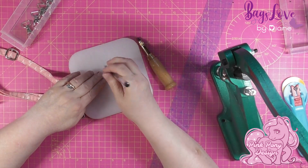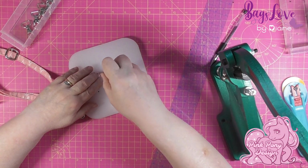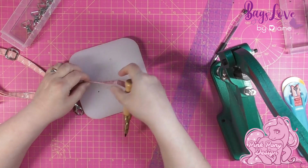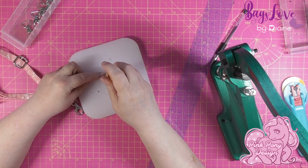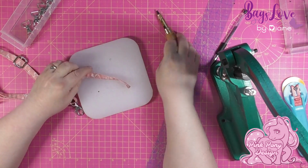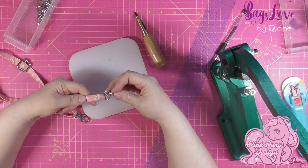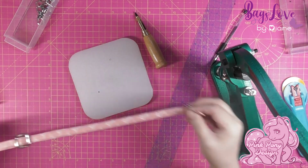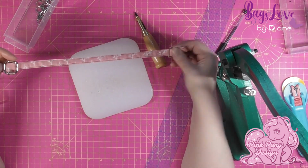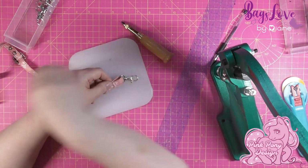Fold it over, mark for the holes. Sometimes I think these issues are meant to happen because the filming didn't turn out. I've now shown you how to add a crossbody strap with an extendable strap, and you've been able to see more clearly what I'm doing. So everything happened for a reason. Making sure, which I nearly didn't do, nearly did it the wrong way, so that would have been wrong. Making sure we fold to the right side,